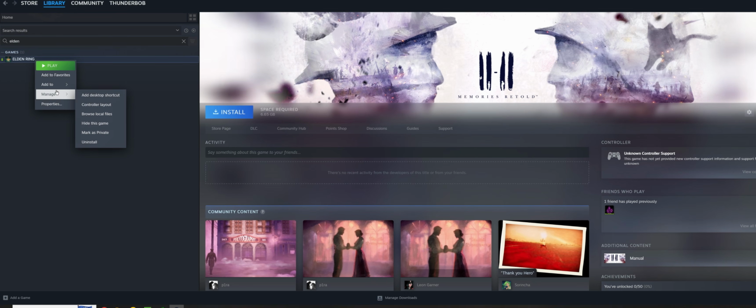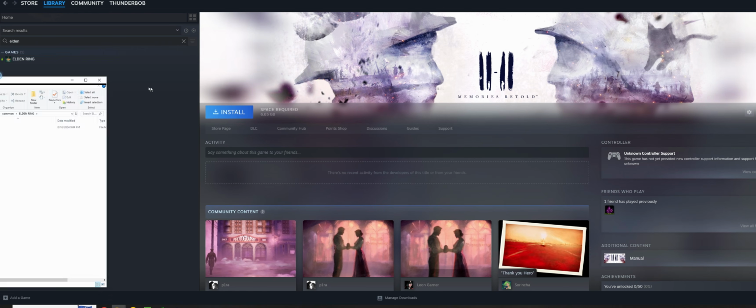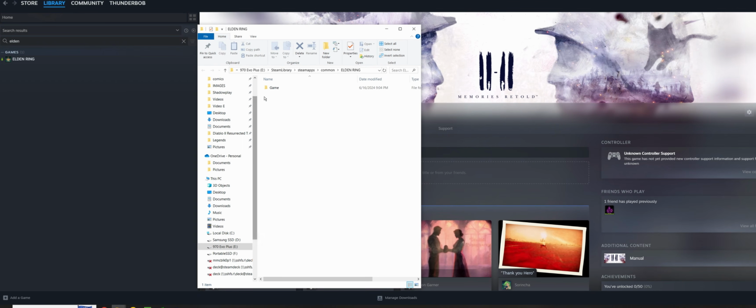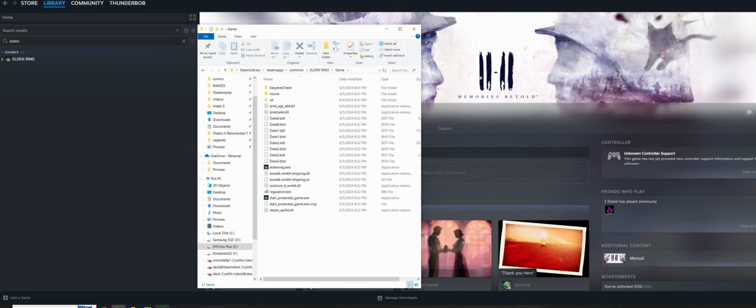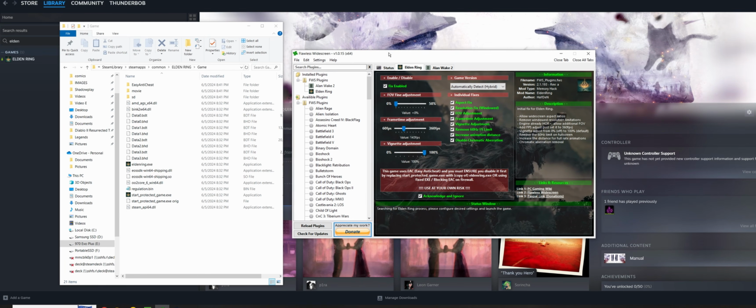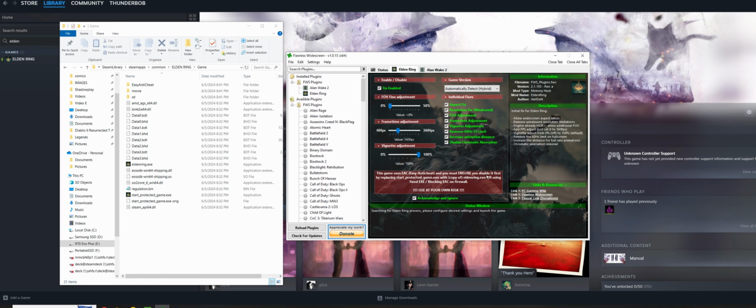And it's as easy as going to Manage and Browse Local Files. Drag this over, and this will be your Elden Ring installation. And I'm going to bring up that Flawless Widescreen on the screen also, so you can see this at the same time. Now it's telling you that you need to disable EAC by either replacing or blocking it